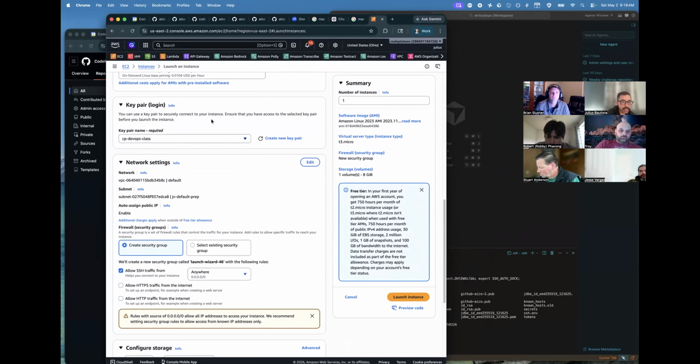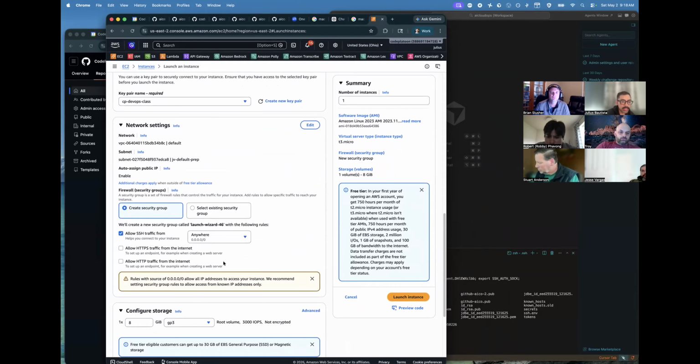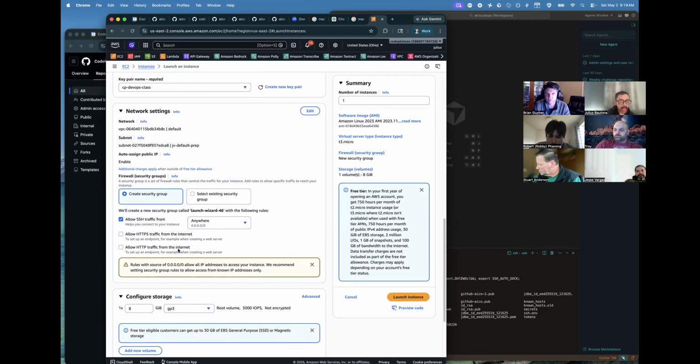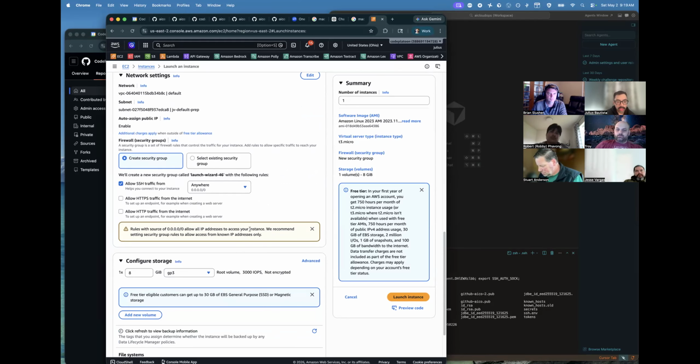Okay, so I'm selecting my key pair. I am setting up some network settings. A lot of the stuff you'll usually leave alone. This here is important though. Where you allow traffic from. By default, it's going to be anywhere. Not the most secure thing, but for the purpose of class is what we'll usually use. And we don't keep EC2s up for long. The practice is you're going to spin one up and then pretty much destroy it when you're done with your challenges or your lab because they do